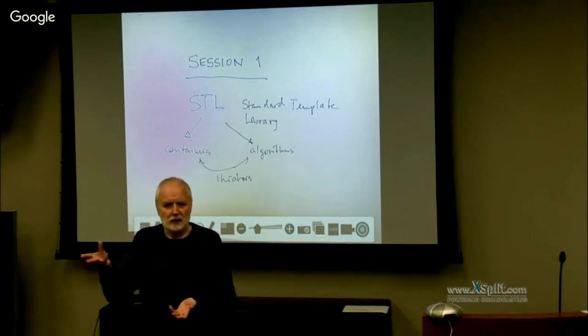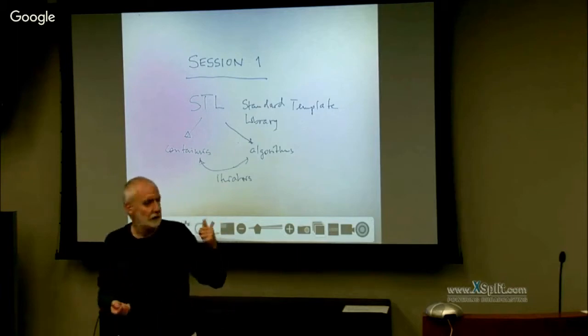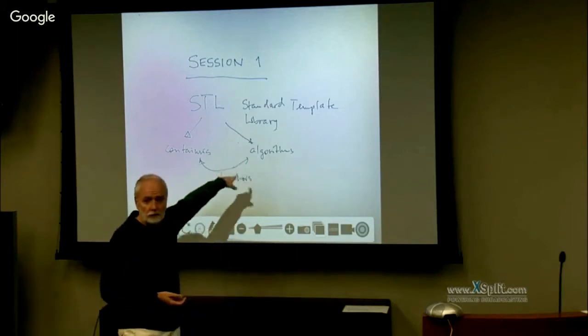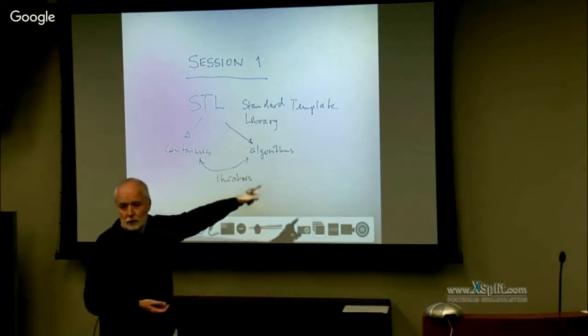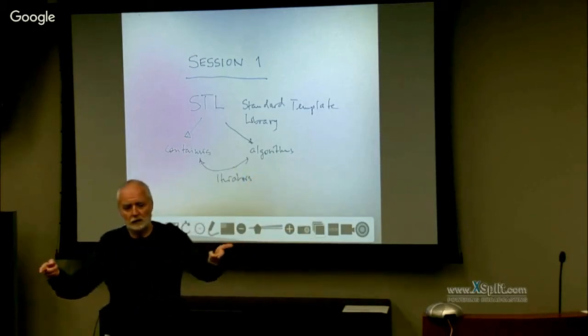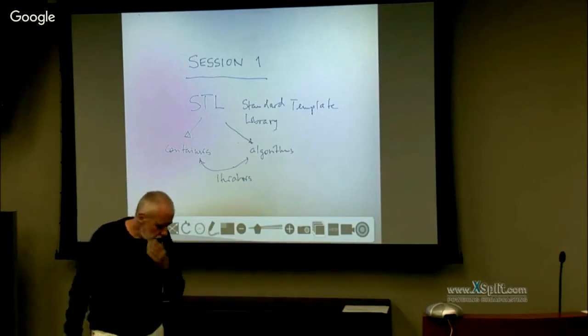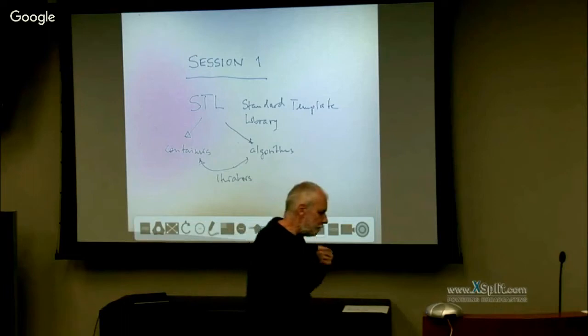Pointers are special iterators, and we will see that you can use all pointers directly with standard algorithms. So if you have two pointers which point to the beginning and the end of the range of an array, you can pass those to the copy algorithm, and it will work just fine.